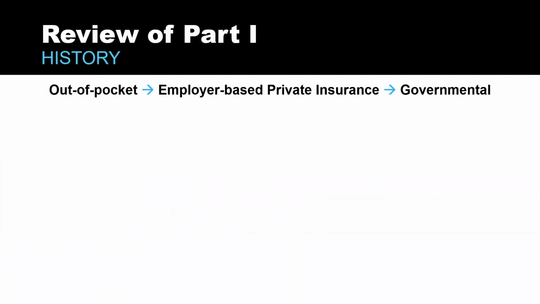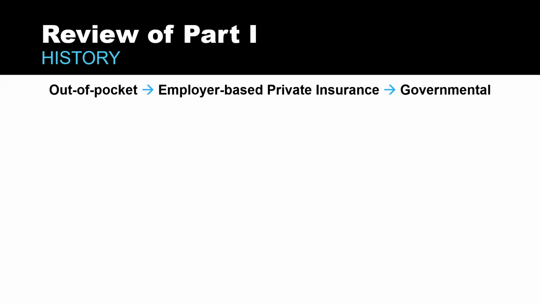Just to go over the history again, we started as an out-of-pocket system and then moved towards employer-based private insurance after the Great Depression and World War II. And then being employer-based left out retired people and the unemployed and the poor. And so the government took care of that with Medicaid and Medicare. And then the ACA came to try to adjust pretty much everything. And so we've talked about that in the history and in the current evaluation. And then we'll also talk about the ACA again as one of these things that have tried to solve some